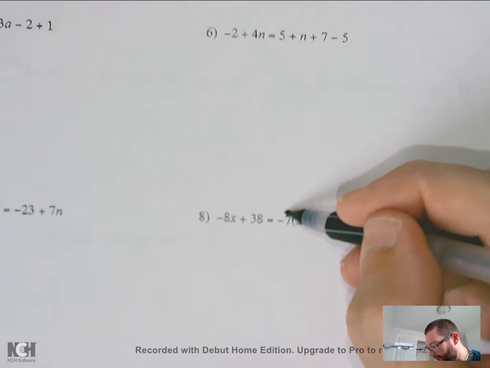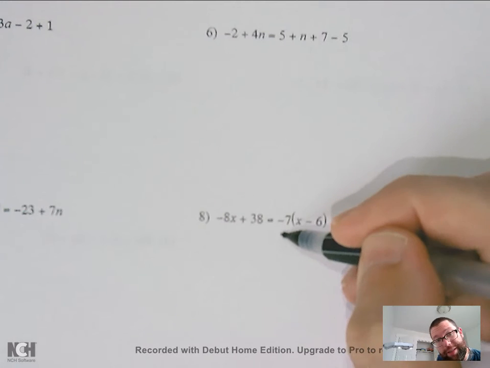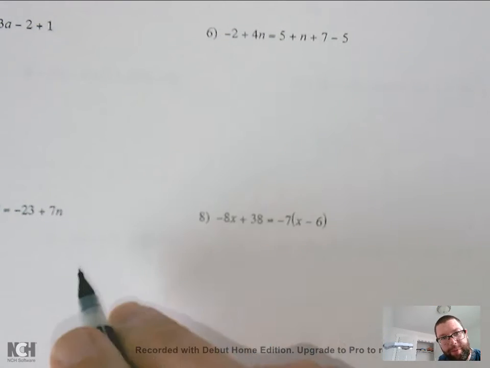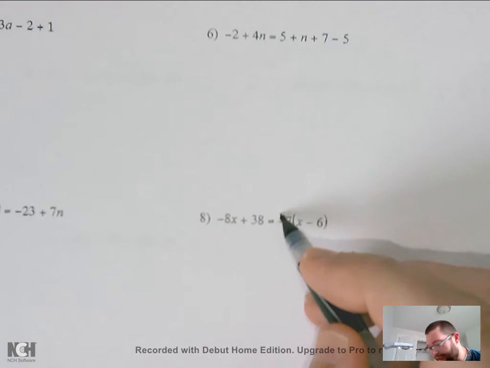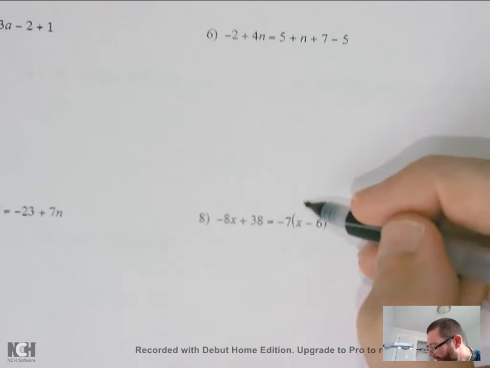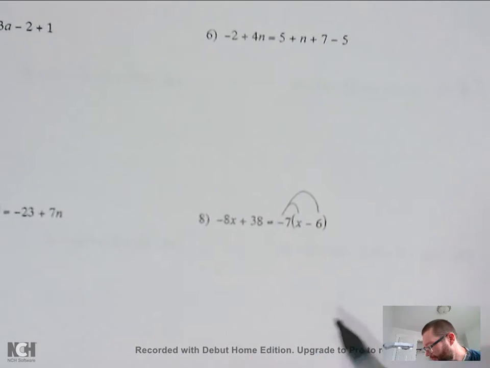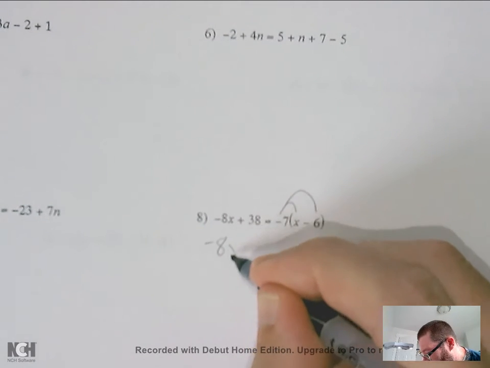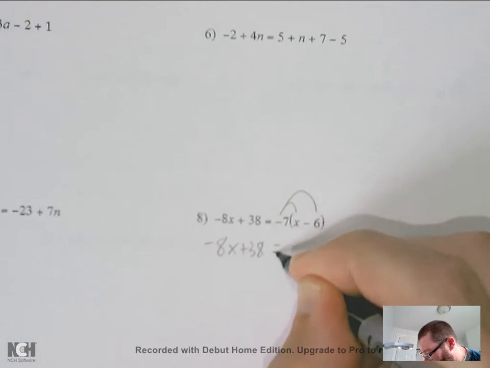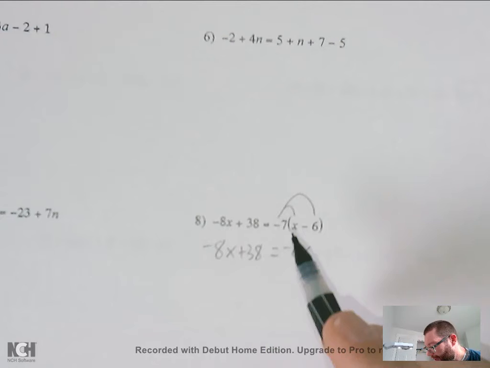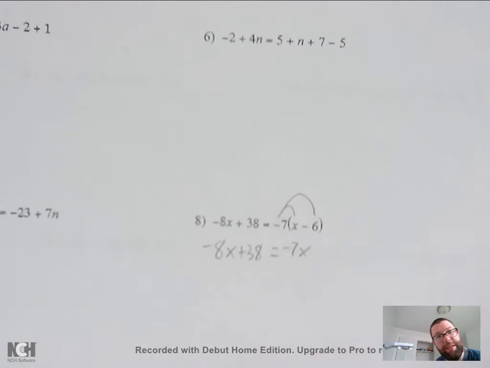So distribute means you take that number in front of the parenthesis, and it has to be in front of it, right? And it's only the one number in front of it. If there's more than one term in front, it's just the one right next to the parenthesis that distributes. And you distribute into your parenthesis, just like that. Okay? That gives you negative 8x plus 38 is equal to negative 7 times x is negative 7x. And negative 7 times a negative 6 is a positive